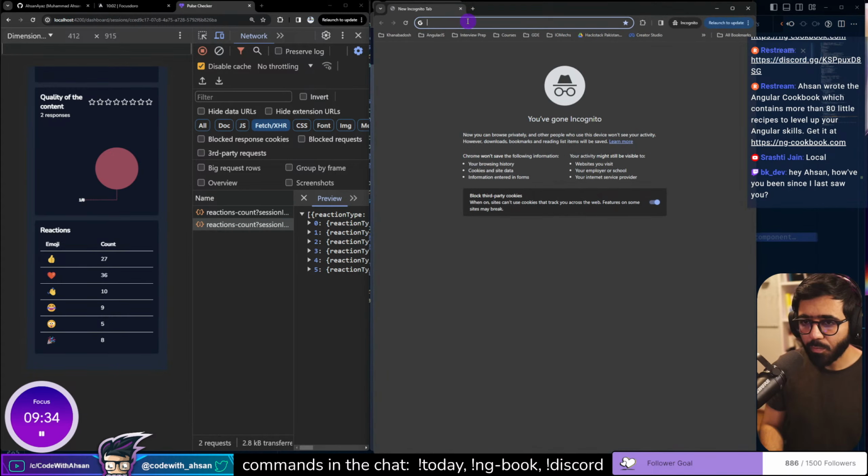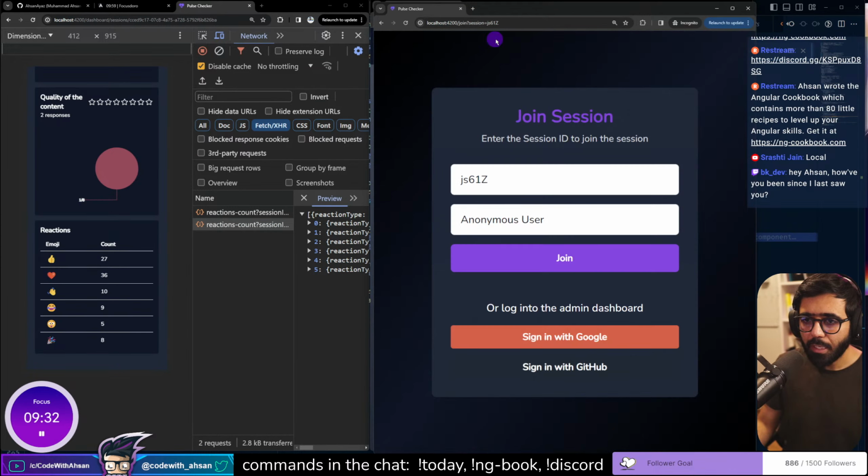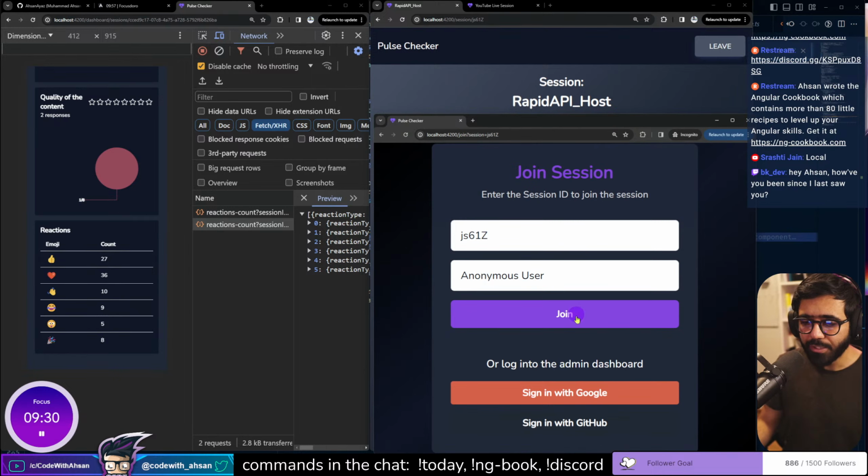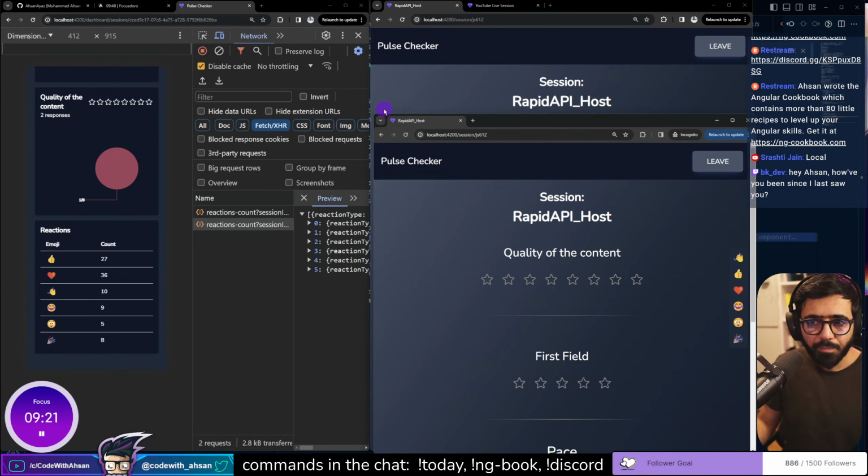For example, if I open one more incognito window in here, and now if you try to do two different reactions, so let's say an anonymous incognito user. If I add this user,